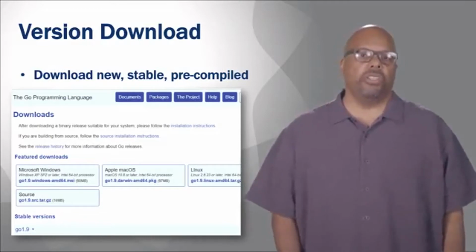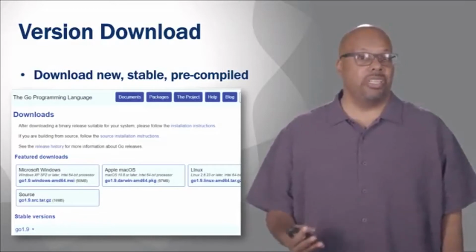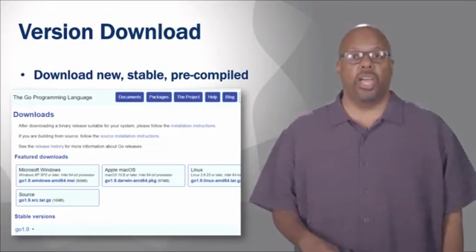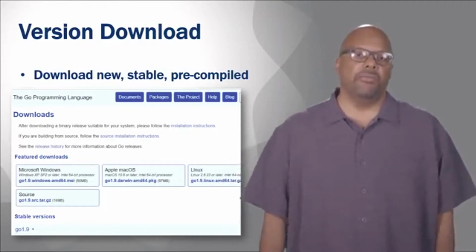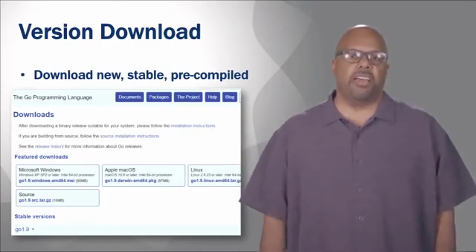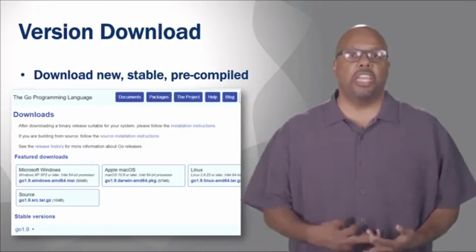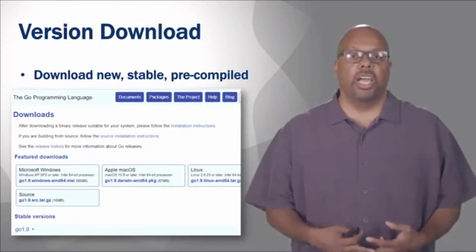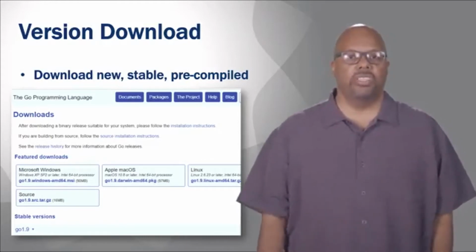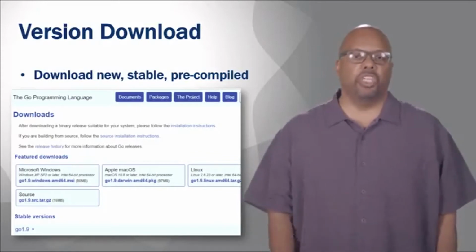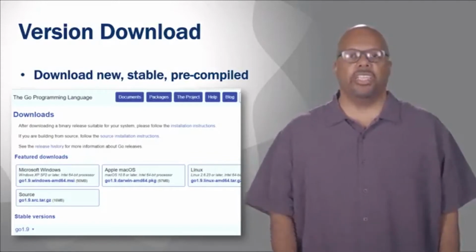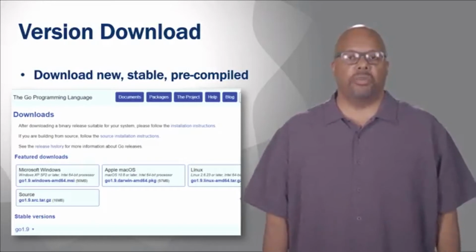I'm going to be doing this on a Windows machine, although you could be doing it on a Linux or Mac OS machine, either way. So go for the featured downloads. They make it pretty easy. For Windows, you pick that MSI file that they've got highlighted right there. Basically, what you want is the newest stable precompiled version. I don't see unstable ones on here, but I recommend the stable one, though it's up to you. Anyway, you go for a new version, click the featured one, and download this MSI.